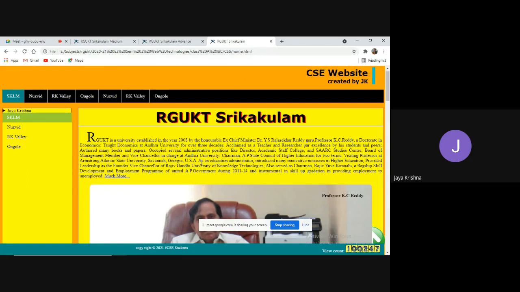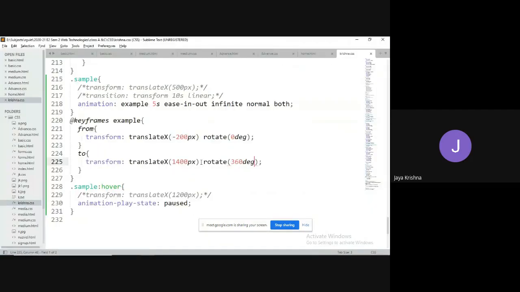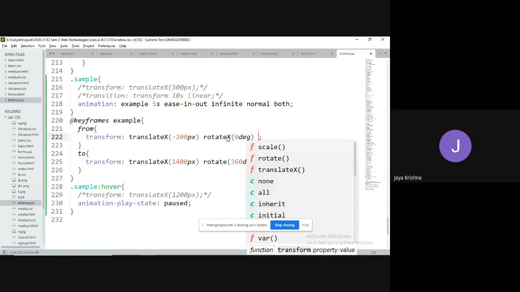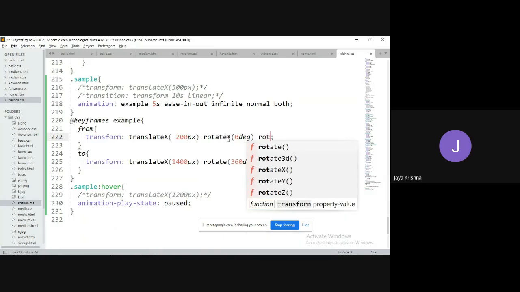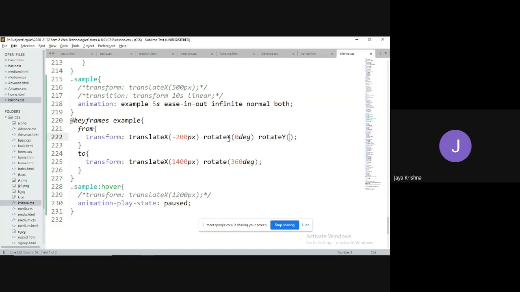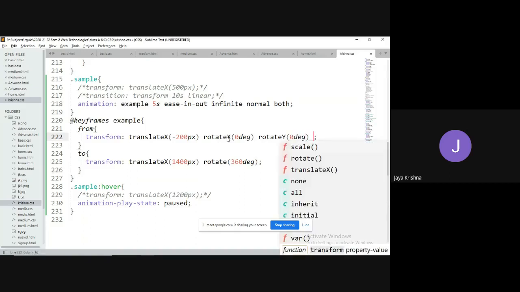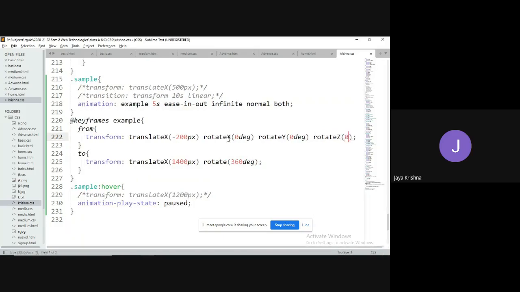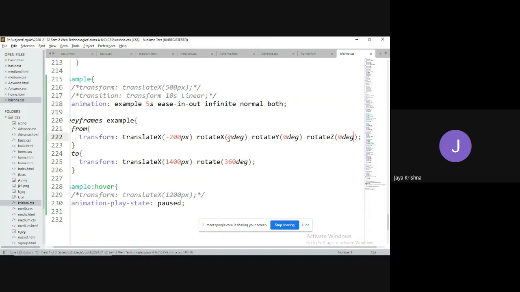So, for example, if you would like to see some kind of 3D effect, I will try to define all those. Instead of taking a simple rotate like this, I'm going to take rotate on the x-axis 0 degrees, rotate on y also 0 degrees, and rotate on the z-axis also 0 degrees.